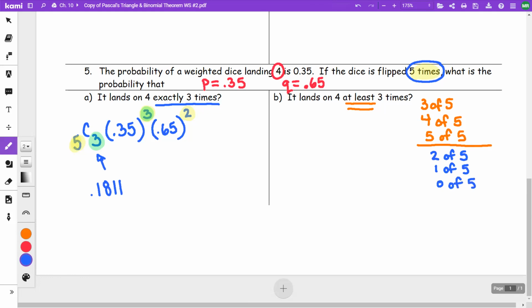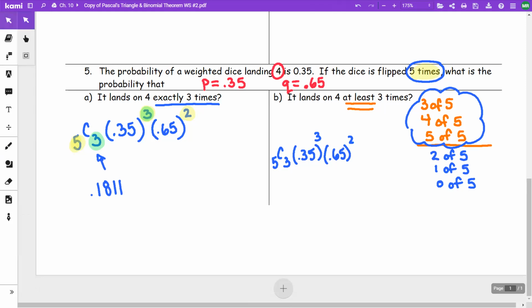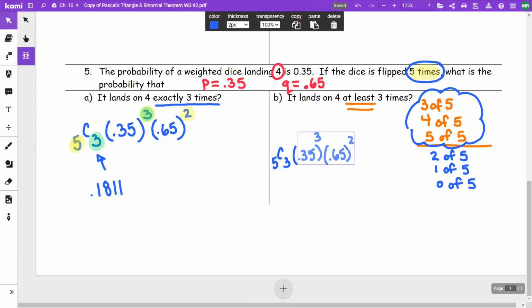You see that in both cases, it's 3 different things I compute. So I'm going to compute the one I want. I'm going to do 5 choose 3 times 0.35 to the power 3 times 0.65 to the power 2,